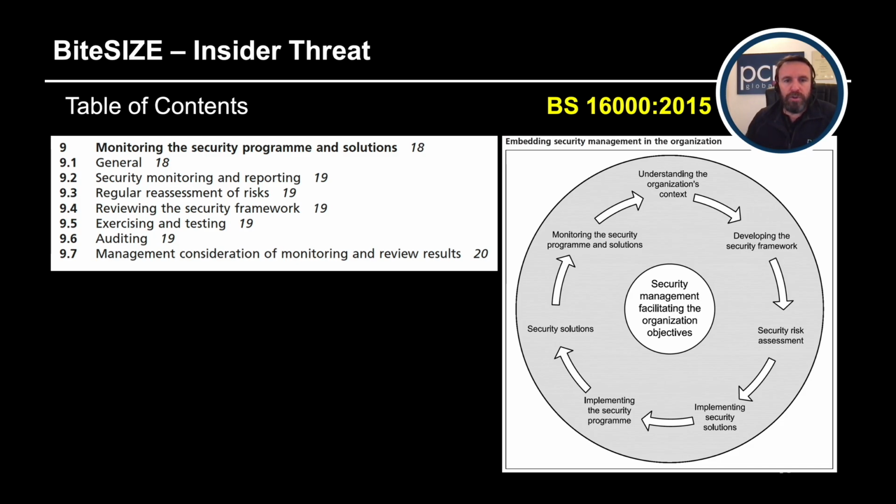Then we've got monitoring the security program. Throughout here, we've got monitoring and reporting. Again, that forms part of ISO 31000, which we'll have a look at in a bit. But also revisiting the risks. The most important part of the assessment is the reassessment. That is for health and safety, that is for security risk, that is for first aid, isn't it? If you think of the first aid when you do your primary and your secondary surveys, we get told, and I tell people when I'm delivering, the most important part of the assessment is the reassessment, and that's the same for everything. It is an iterative cycle.